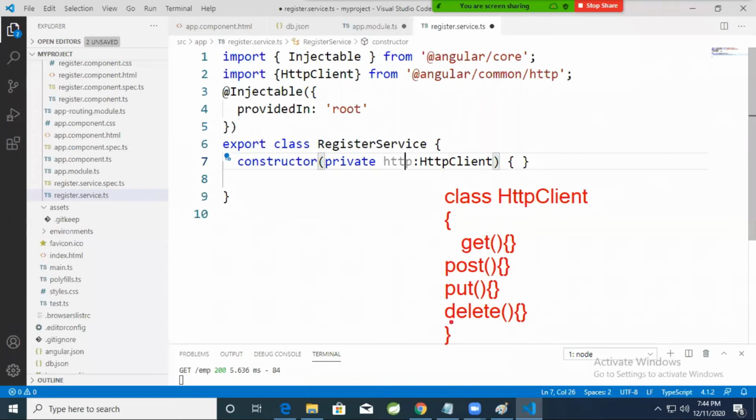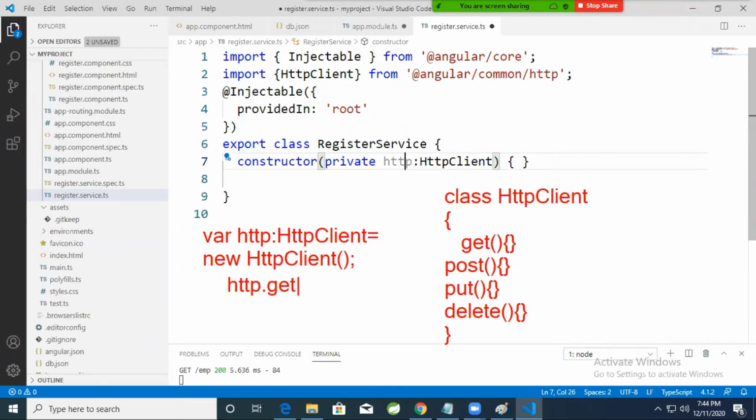Now generally in any object oriented programming, if you want to invoke a method, what you have to do? You have to create an object, like http: ClassName = new ClassName(). Generally we create an object manually. But in the Angular framework, you can call those methods by using the object name, http.get(), where you can pass the API URL.